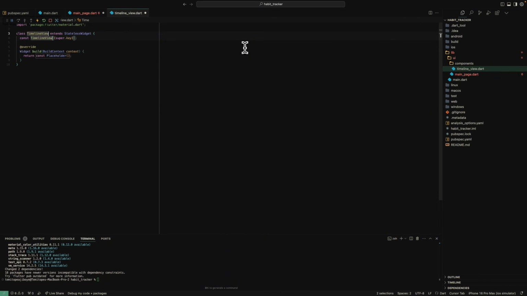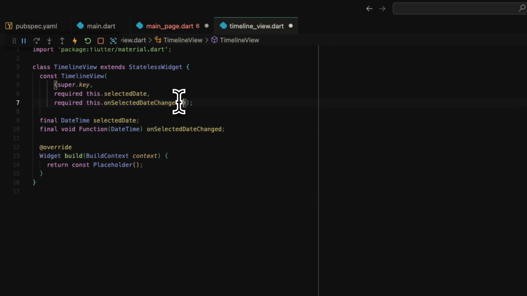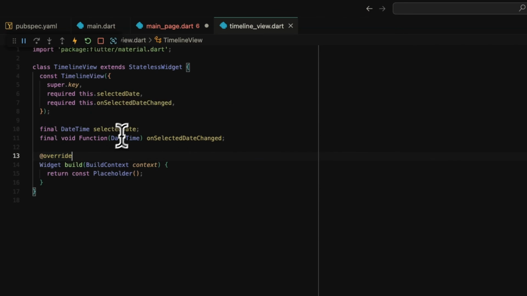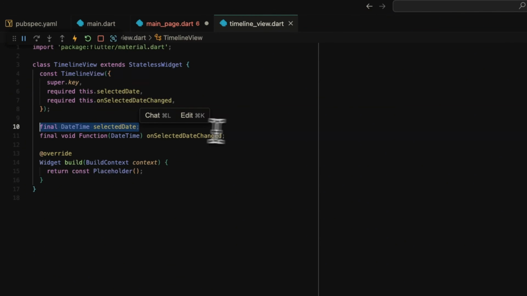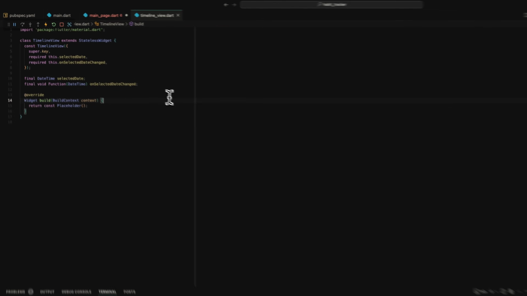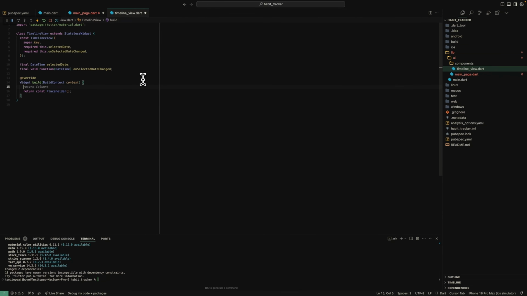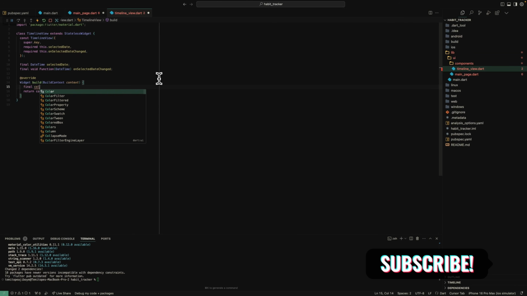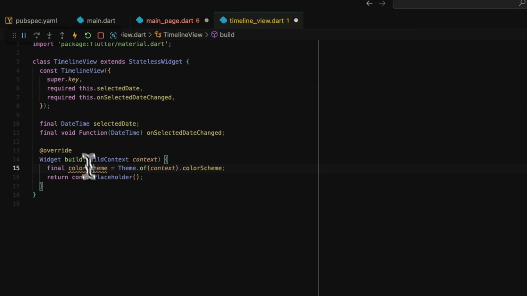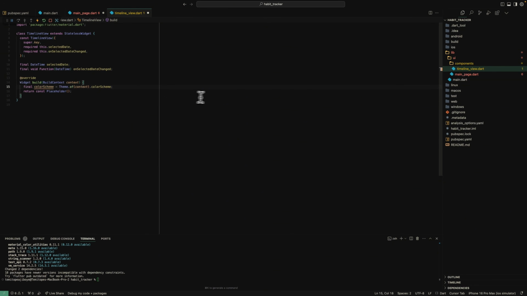And we give this timeline view. So it already tells us what we want here. We have a DateTime as the selected date, and we have a void function that really just returns a callback function. And here we have a color scheme, because we're going to theme the whole app with our color scheme. There's a package that I'm going to use to do the